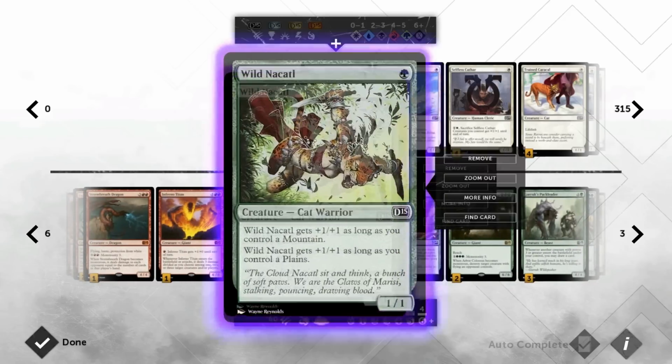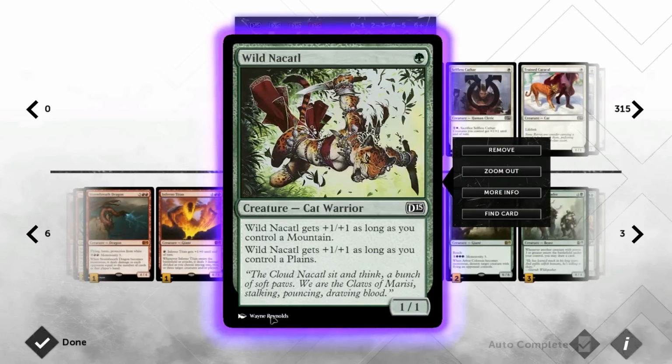Then we have Wild Nacatl, not the full amount because I think it's not as good as it would be in a paper constructed format where you have dual lands, but we have to deal with gates which don't have the Mountain or Plains card type, so we have to pretty much fetch our basic lands with cards like Cultivate to make our Wild Nacatl better, but it's still quite good in the late game,